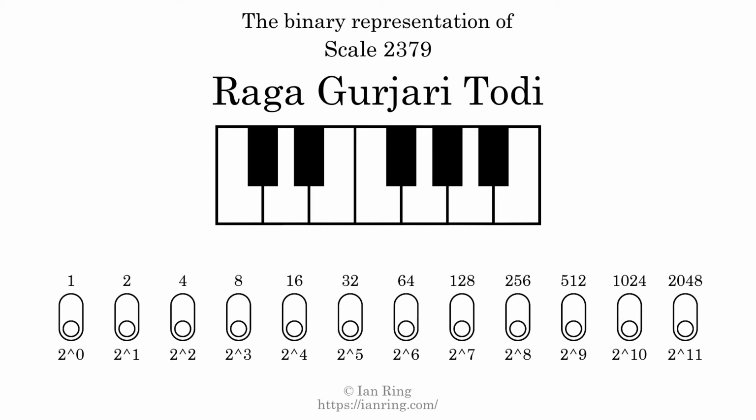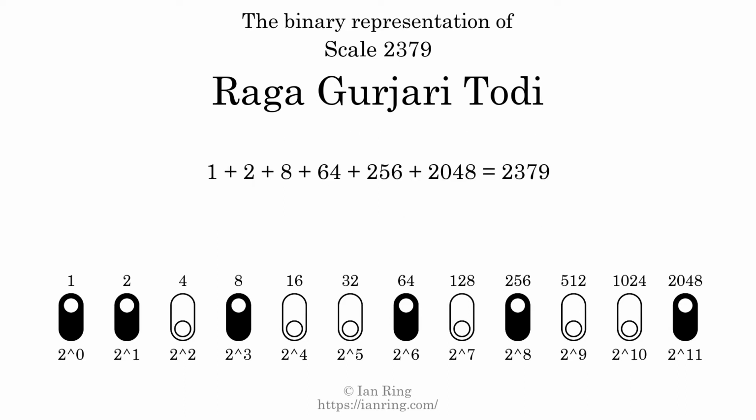The binary representation of this scale is determined by mapping tones of the scale to binary digits. Each binary digit represents a power of 2. To get the scale number, we add the powers of 2 together. The powers of 2 that are present in the scale, all added together, equals 2379. That is why the scale number, in decimal, is